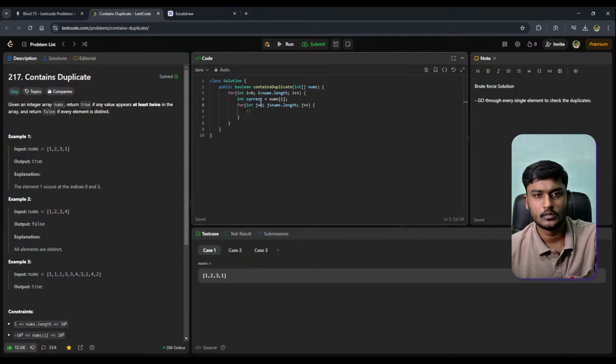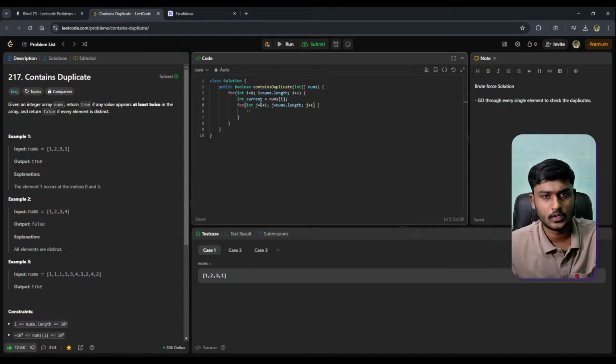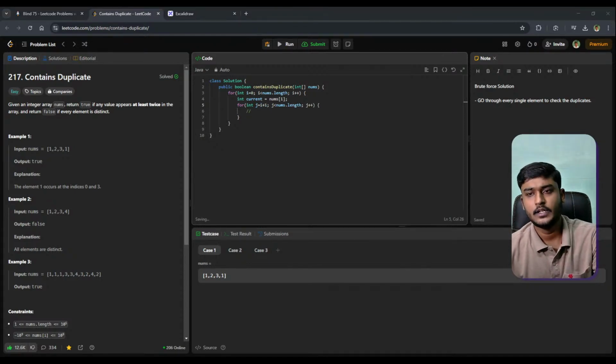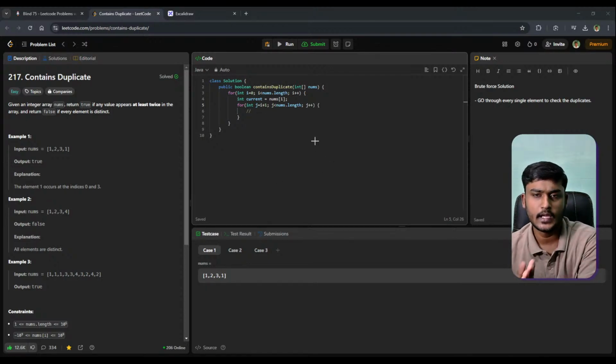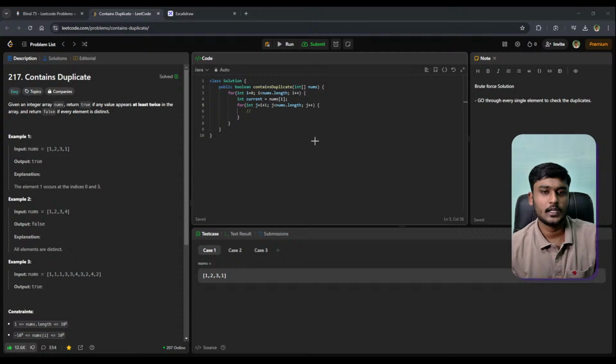So when j is equal to i plus 1, whenever we go through the first loop, we'll always start one place ahead, so that we don't repeatedly go through the same element and we don't go through the elements we have already covered before, right?